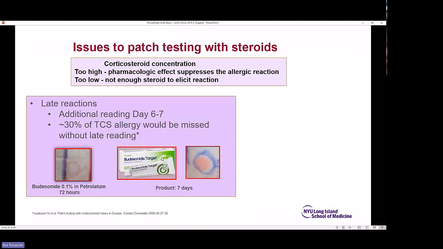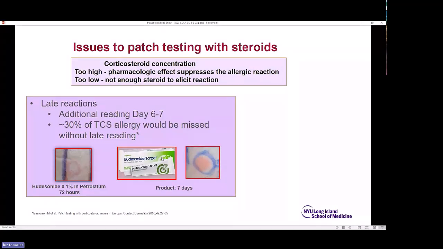There are issues to patch test them. If you have a very high concentration of corticosteroids, it can suppress your allergic reaction. If it's too low, you don't have enough steroid to elicit it. But I mentioned this earlier, it's extremely important to do a late reading. I do at least a day 6 or 7 because you will miss 30% of topical corticosteroid allergies if you do